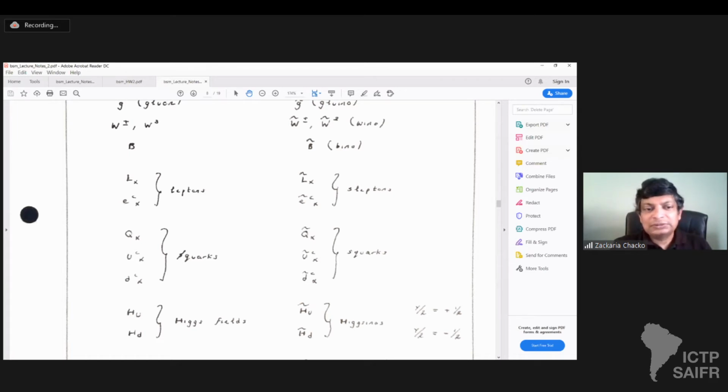Now, usually this Higgs has a hypercharge of +½, so this Higgsino would have a hypercharge of +½ also, because the supersymmetric transformations commute with the gauge charges. So every particle and its superpartner have the same gauge charges. So this Higgsino would have hypercharge +½, right? But then you have a fermion with hypercharge,